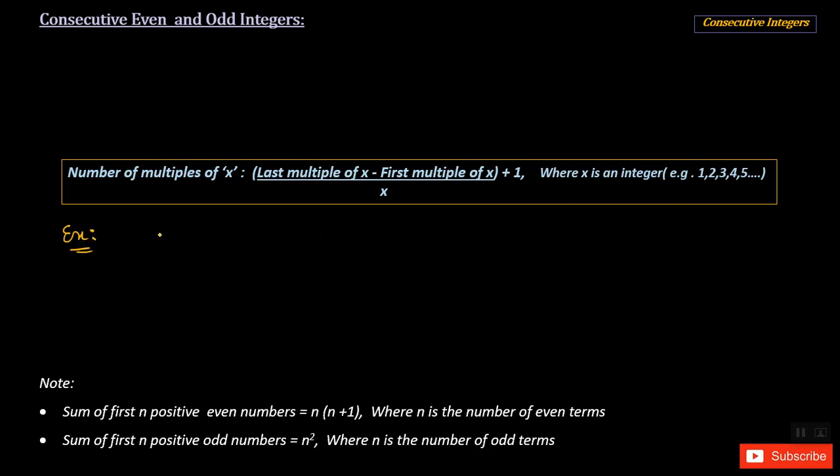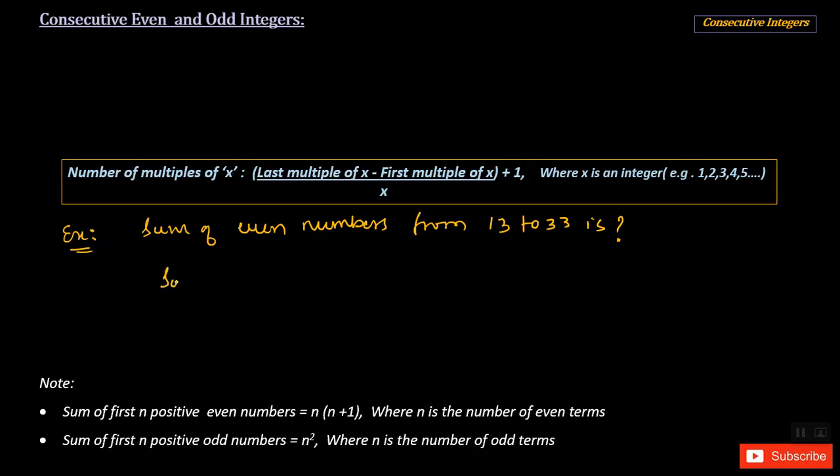The sum of even numbers from 13 to 33 is, because they are talking about the